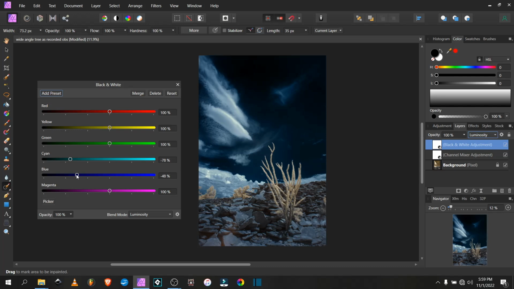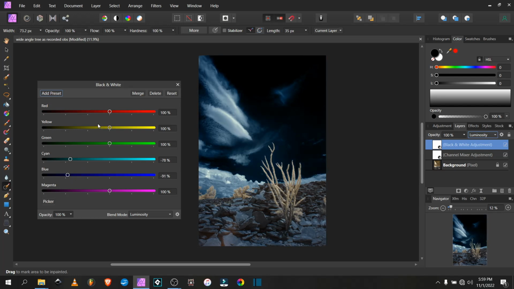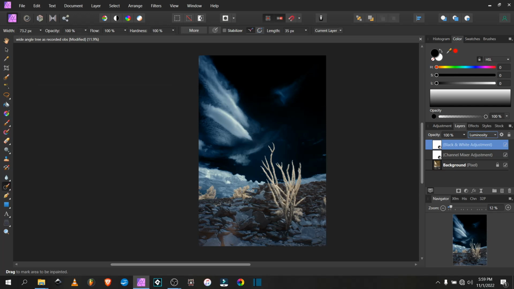It's a little tricky here, it's catching most of the sky. I think I'm going to leave it like that. Now I'm going to brighten the foliage with the yellow and red sliders. Okay, that looks good. To get that gradient in the sky I wanted, I'm going to create a mask layer